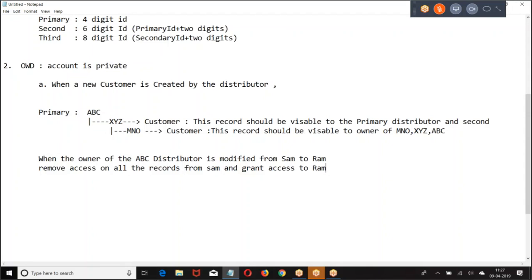Whenever the owner is modified, again it is an after update trigger. So what you have done is an after insert trigger and an after update trigger. After insert trigger on account: whenever a new account of type customer is created,